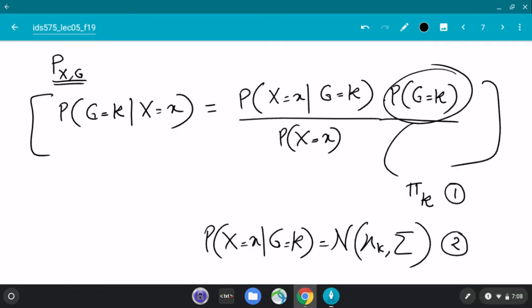So, how many of you have heard of a naive-Bayes classifier? People who took 572. What is it? Naive-Bayes, yes. How many of you have not heard of naive-Bayes classifier? Just one. Everybody else has heard of it. Okay. So when would this reduce to a naive-Bayes classifier? Conditional independence.